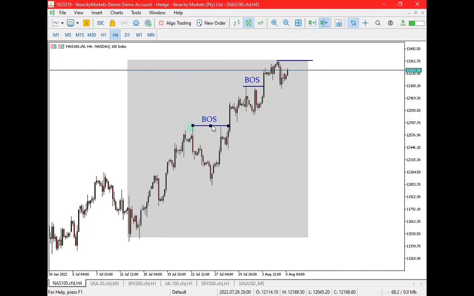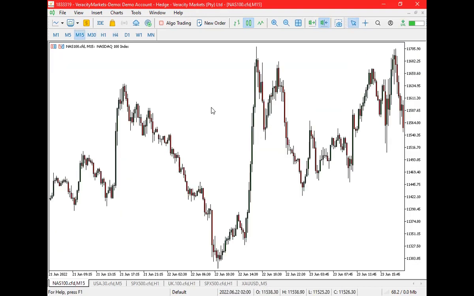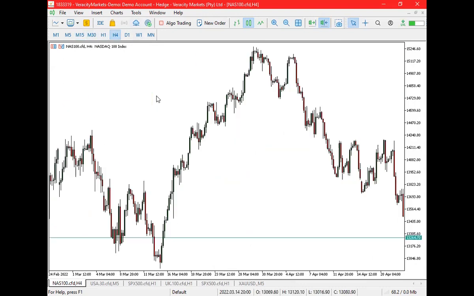But I'm thinking I see another BOS there. Here it's another BOS. So simple, this is how I identify them. Here it is, it's just a lower time frame, mostly a bearish one,